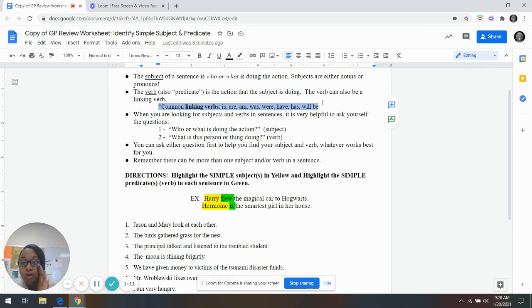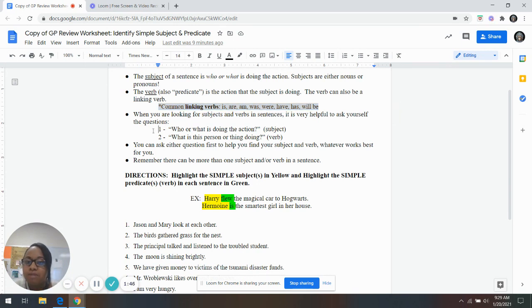Golly, that might be helpful on this worksheet. Well, gosh, you know what? I know for sure I struggle with linking verbs. So I might want to put my linking verbs on a little sticky note and just have it with me when I'm in my English class or any class. Might be a good idea. So some common linking verbs are is, are, am, was, were, have, has, or will be. Remember, linking verbs show state of being. So if I had a sentence like Miss Pulphus is amazing, my subject is Miss Pulphus and my verb is.